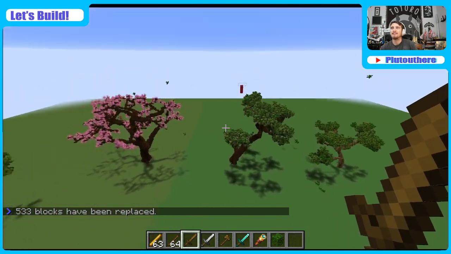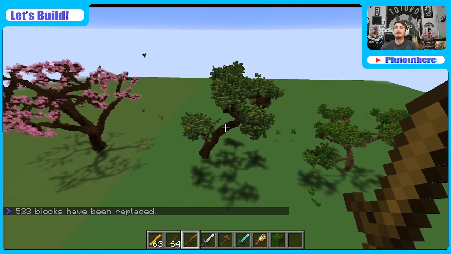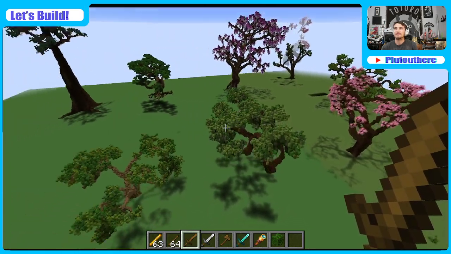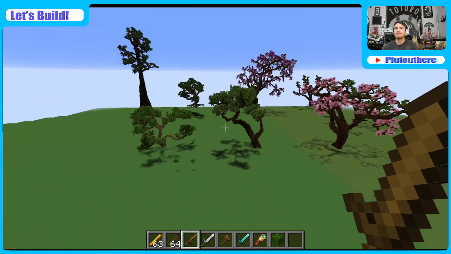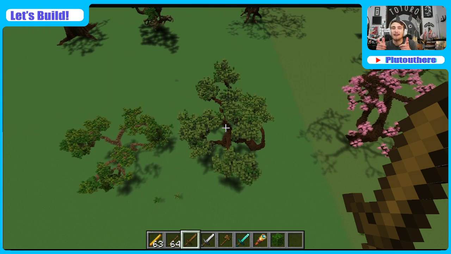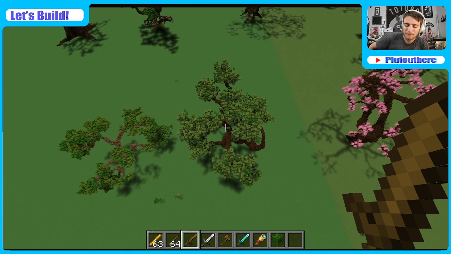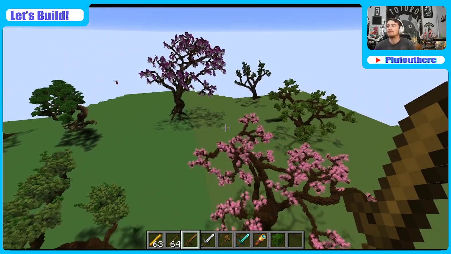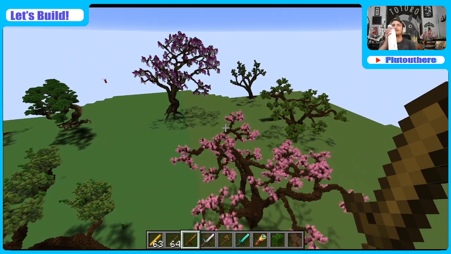I mean, them azalea leaves make for some nice gradients in there, you know? It makes for some nice looking leaves all around, we'll say. 1.17 for the win. I could actually go over quickly some of the 1.17 blocks. I don't think anybody cares about that, but